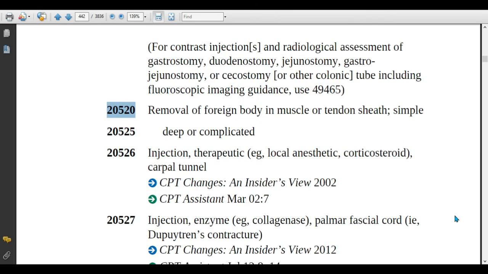20520. The description of this code is removal of foreign body in muscle or tendon sheath. Simple. Before performing this procedure, the physician will utilize an X-ray image to confirm where the foreign body is. So, if the patient got struck with a foreign body like a thorn, nail, gravel, wood particle or any other metal, for this condition, the physician will prep and anesthetize the patient.